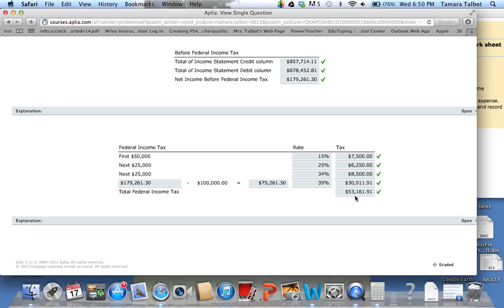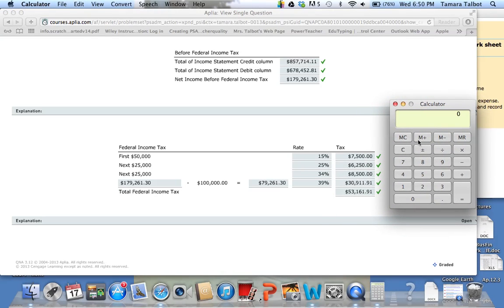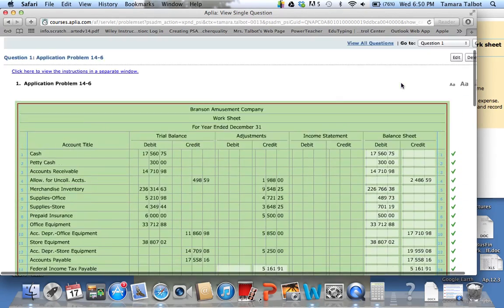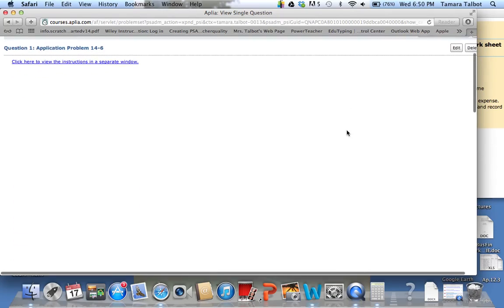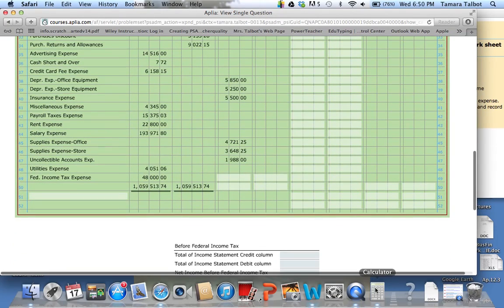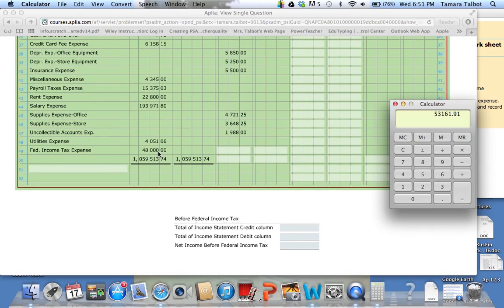To find out what your actual amount is, then you take the 53, 161.91, and then I'm going to hide the answer. And you would come down after you find that amount. You do this information down here just like I showed you. You will subtract it from what you have here, 48,000, and that gives you 5161.91. So that is going to be your adjusting entry. So you would put it here,